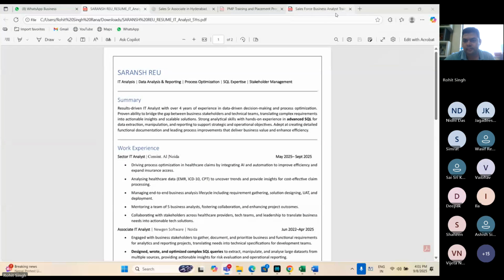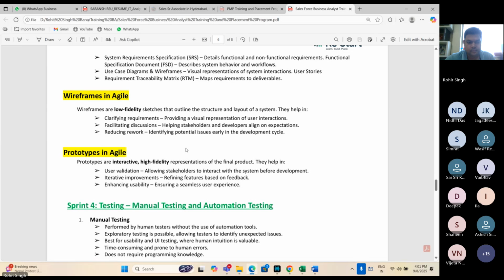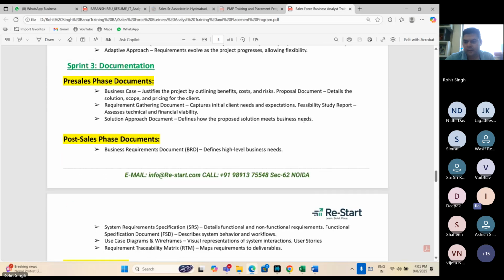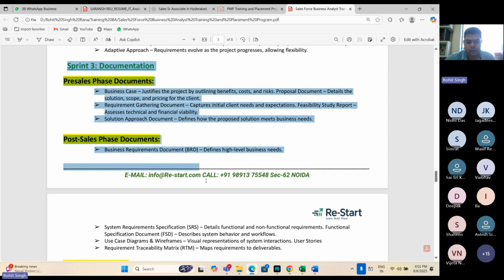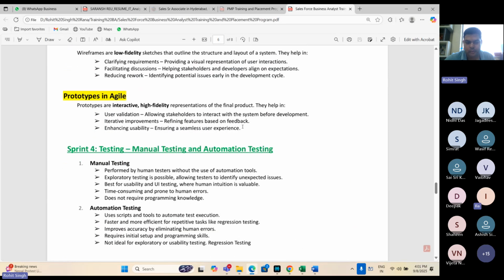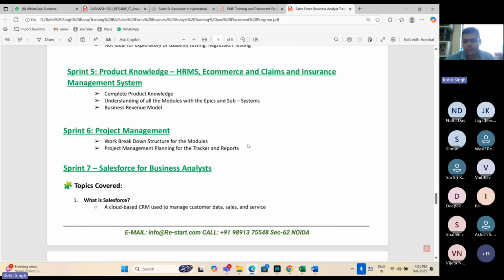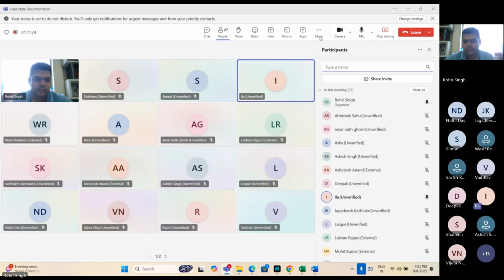Just a moment, let me share it again. Yes, Eela, can you see my screen? Yes, I can. It is Sprint 3, documentation. Sprint two. After this, once Akash is through with the documentation, then we'll move on to testing alongside the technical skills documentation. Okay, okay.